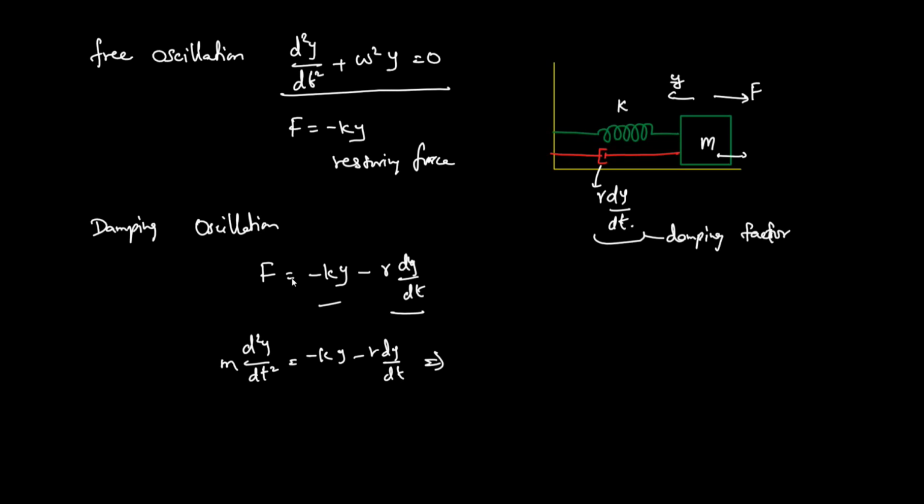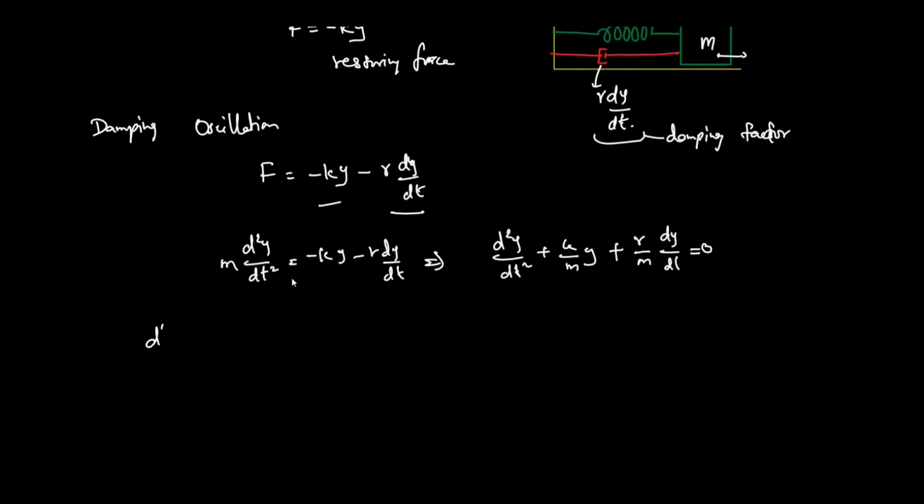So you see, simply this is d square y by dt square. I can bring it to one side, that is plus k by m y plus r by m dy by dt. So if we write it in proper differential format, it is d square y by dt square plus, first dy by dt has to come, so I can rewrite it as r by m dy by dt plus omega naught square y. Earlier I used omega, here I have just put omega naught in terms of k by m. So omega naught square is k by m,